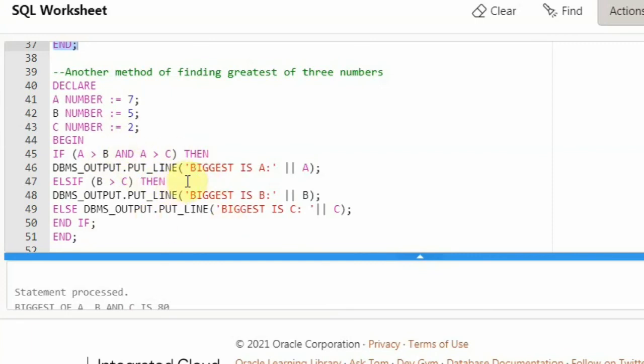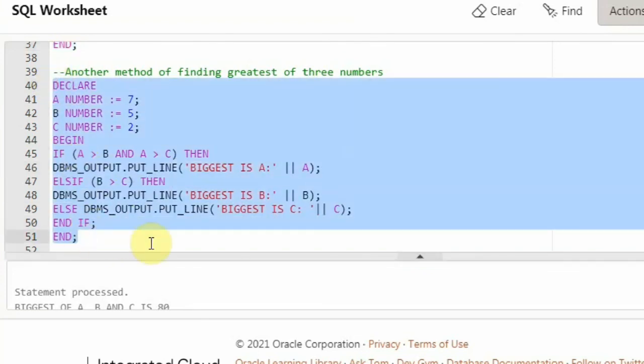So we know that logical connectives. Then I'm writing biggest is A. Okay, else, this is an else if ladder. Okay, so I'm having an else if. So if, else if and else. So this is a ladder over here. So I'm saying B is greater than C. Then I said B is greatest. Else it means that C is greatest.